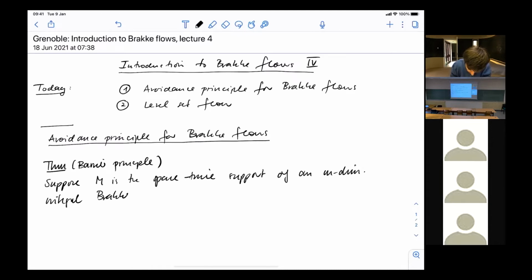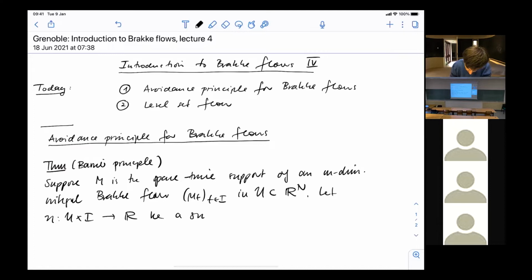We haven't defined this exactly, but all the definitions work the same way. Mu_t, t in some interval I, we can even do it just locally in an open set U in R^N. Then let u from U cross I into R be a smooth function